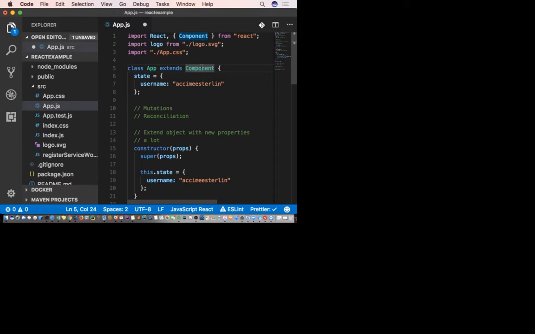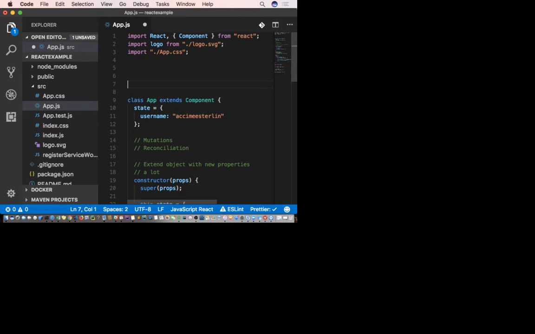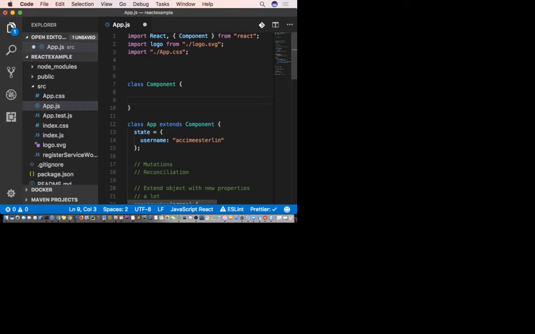All right, I know for some of you guys this is like, okay, I got you. Totally understand. But here's what the other guys are trying to say. They're saying that there is a class called Component, and this class called Component has a method inside of it called setState.